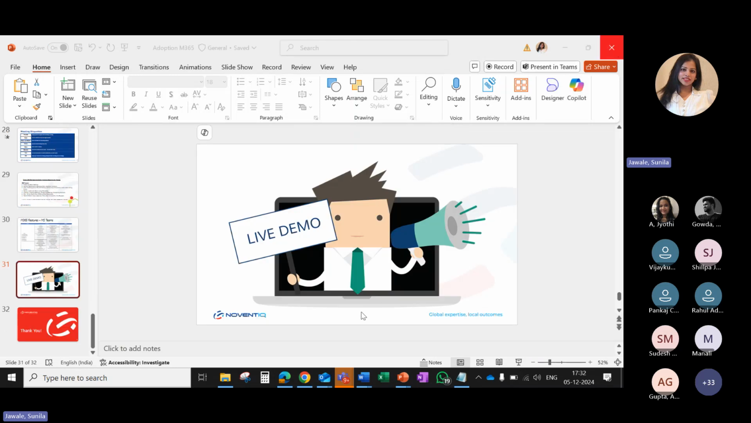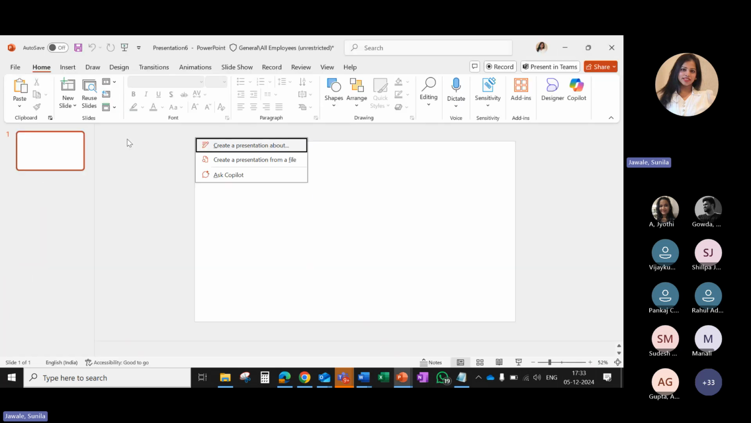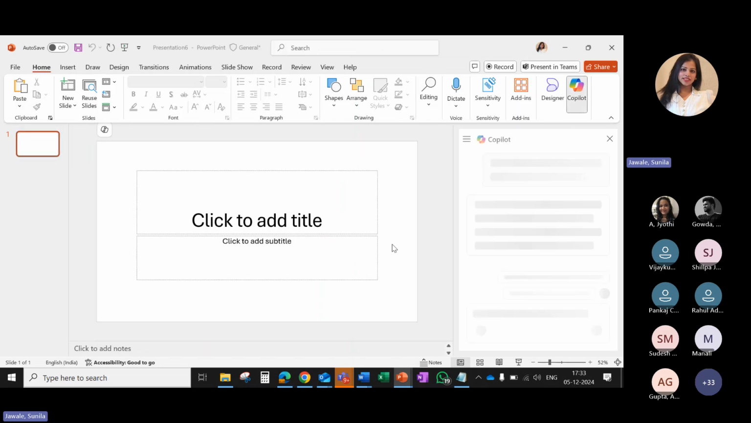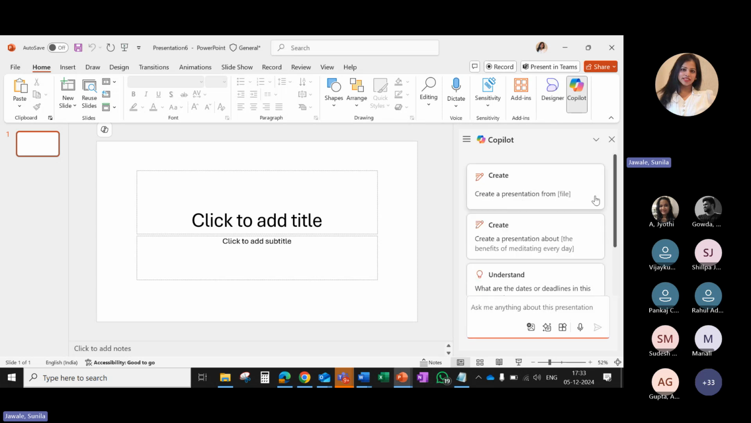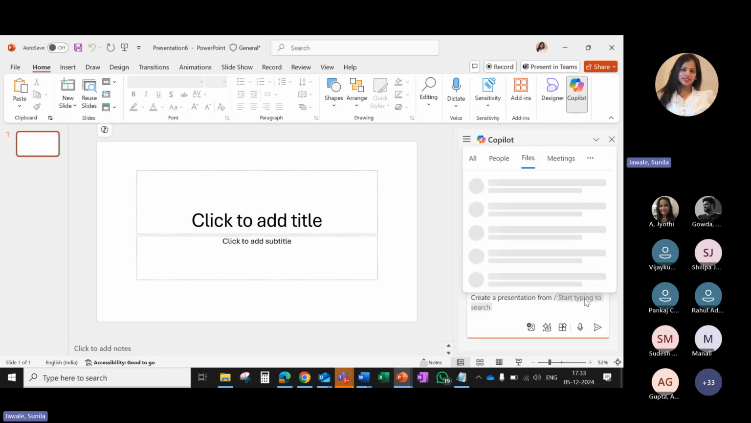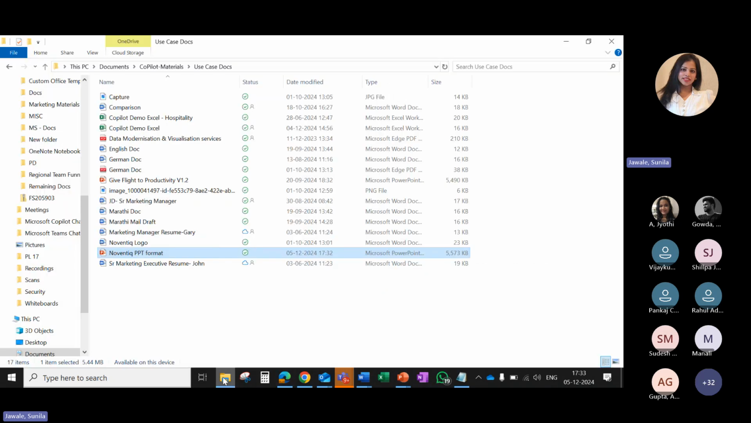Now, the question would be, can we create something from scratch, right? If we have an existing file, can we create something out of our own PDF that we already have? Or can we create something from our Word file that we already have, right? So this is something we saw that is to create from scratch, but let's give it a reference like we did on Word. So let's pick a prompt, create a presentation from slash, we go back to our OneDrive